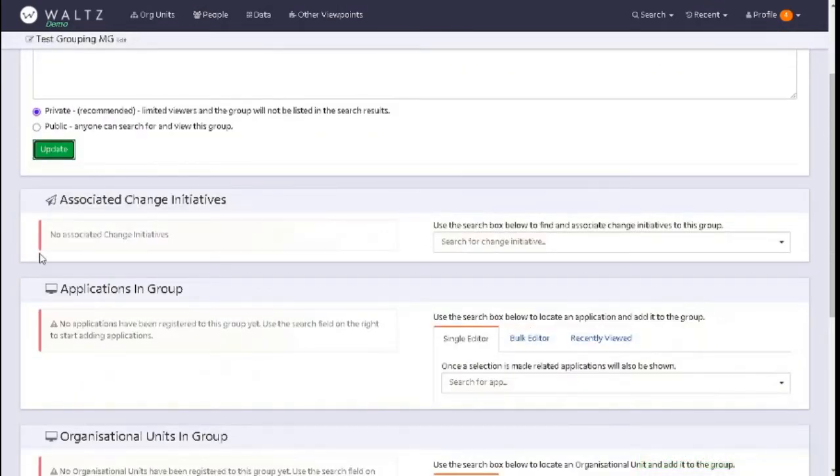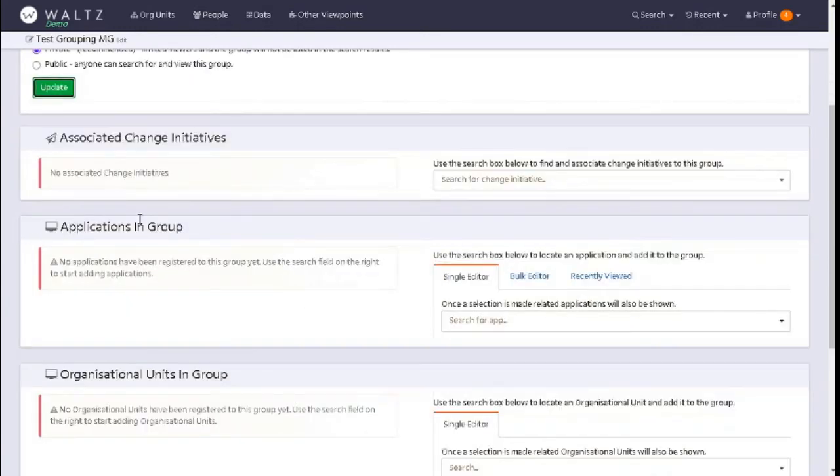Here you can add in your associated change initiatives if you just want to look at your projects or programs, or you can add in your applications in group. This can be done by using the single editor, a bulk editor, or the recently viewed. So just for simplicity, I'll search for